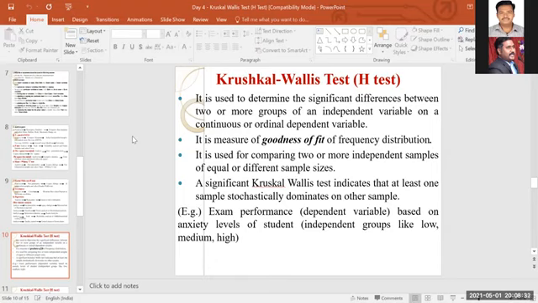Both Mann-Whitney and Kruskal-Wallis are called non-parametric tests, also called rank sum tests. To check the normality, in the Analyze menu there is an option, you can go for Explore. There you can check the normality. The normality and reliability, I already explained in the previous workshop. No problem, I'll explain it to you, no issue. So this is what we have to do.